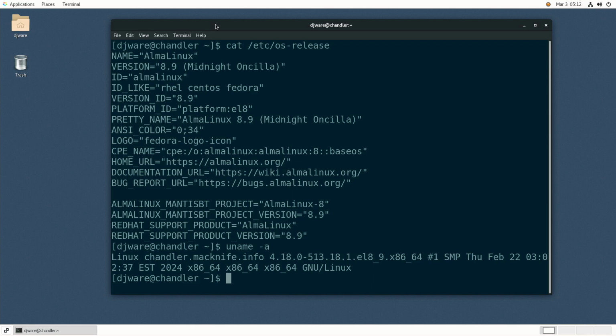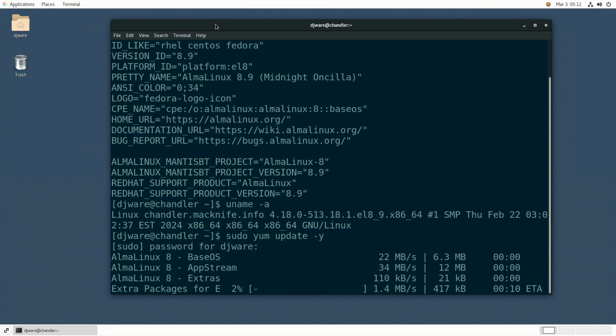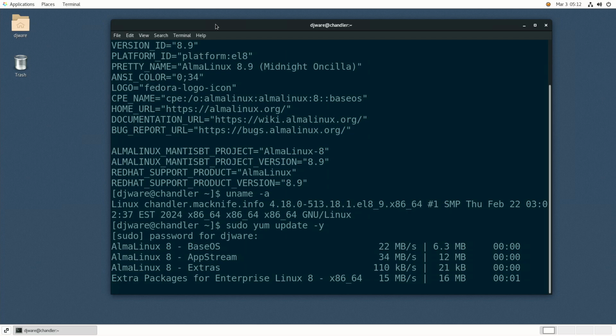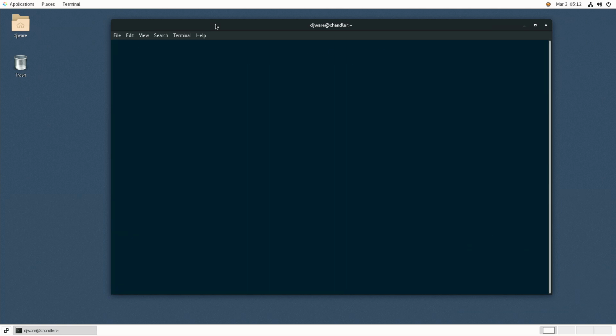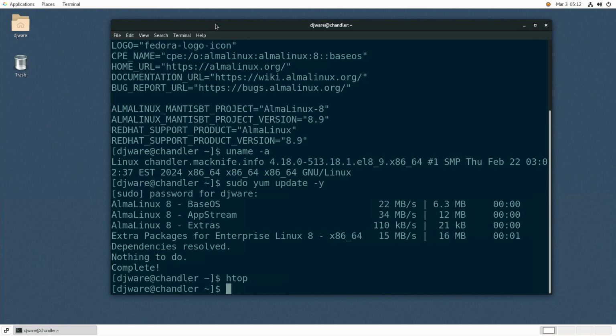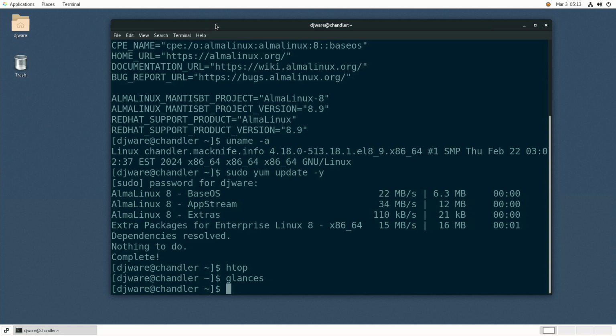So the first thing we could do is just see if we have anything left over that needs to be updated. Yeah, it's using the new organization for the repos, so nothing to do. Let's see if htop works. Yep. Let's see if glances works. Yep. Now I should be able to put in